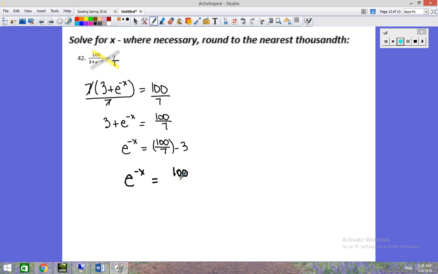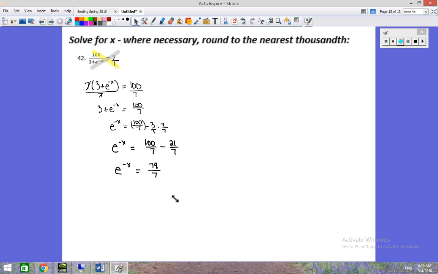If we rewrite the number 3 with a denominator of 7, we multiply by 7 over 7. So we're just multiplying that number by 1. When you multiply or divide fractions, it's pretty easy. To multiply fractions, you just take the product of the numerators and the product of the denominators. 3 times 7 is 21, and 1 times 7 is 7. So, with the same denominator, we can now just take 100 minus 21, which I believe is 79. And now,